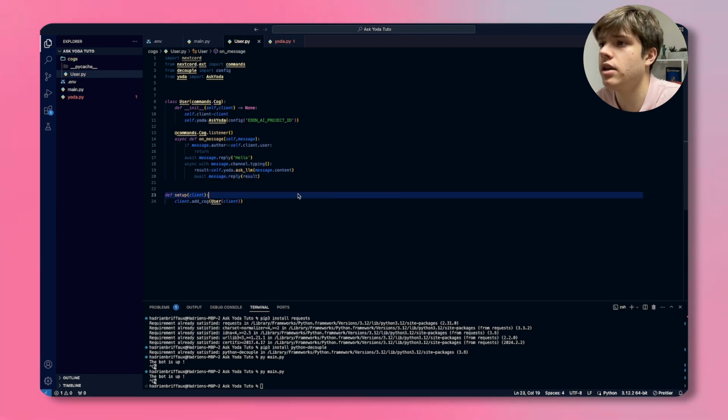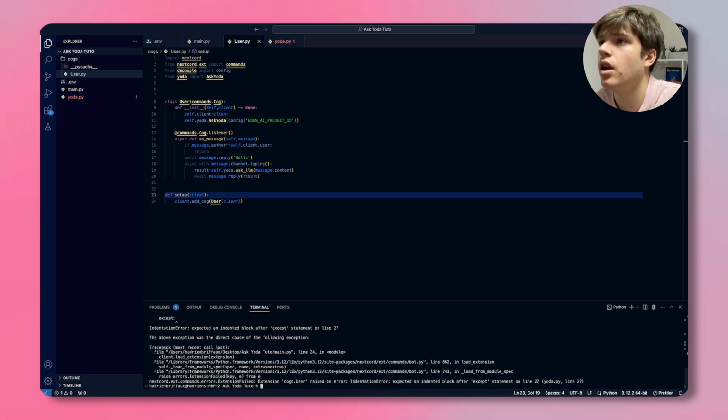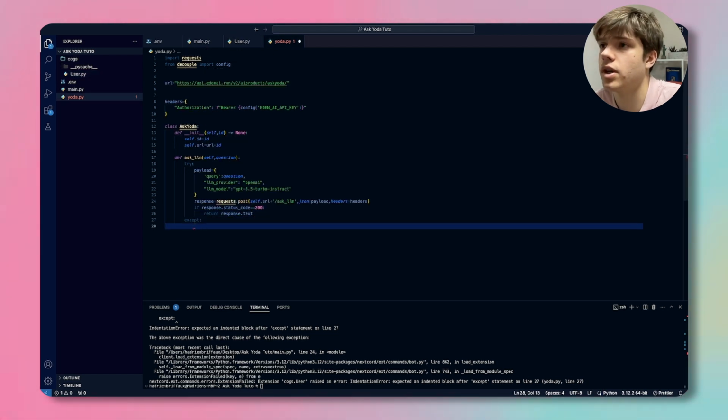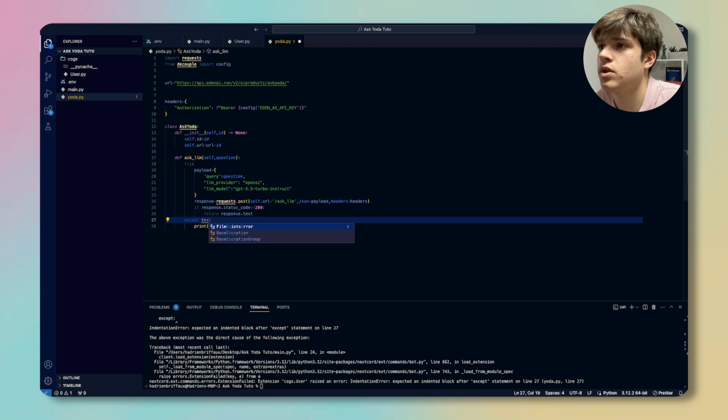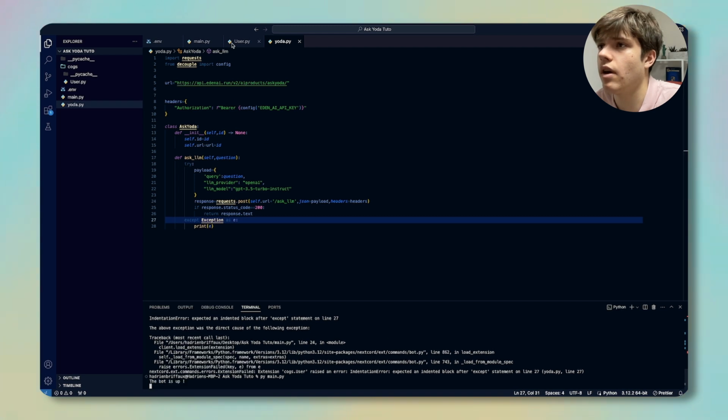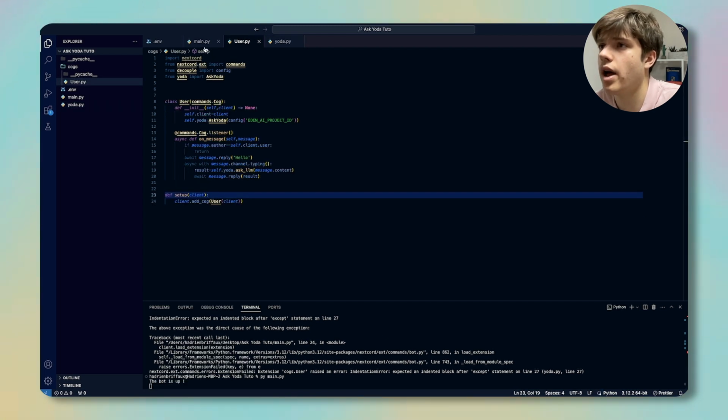Yeah, I can try. Oh, it raised an error. I forgot to add except statements, so I will print the exception. So I will write except Exception as e, and I will print it. So basically now we run it. We can go to Discord